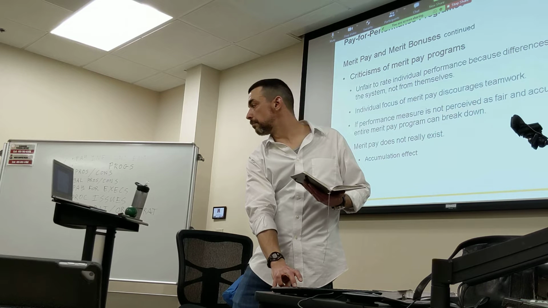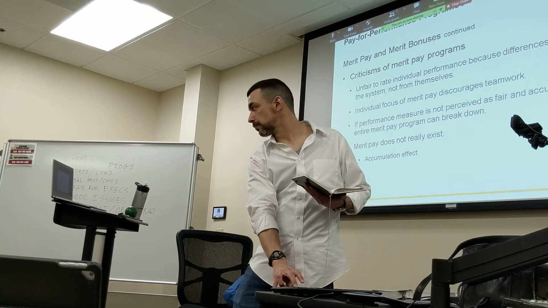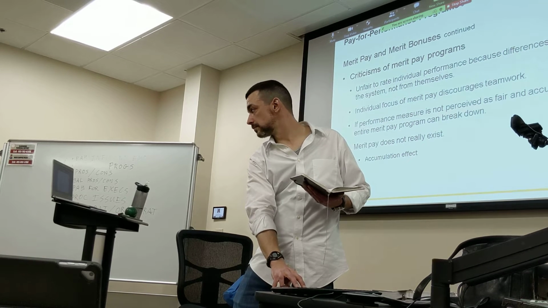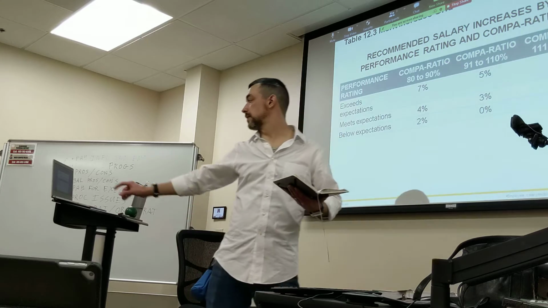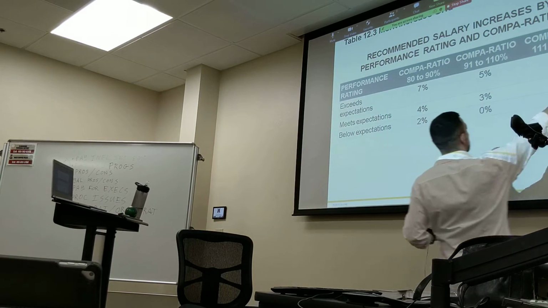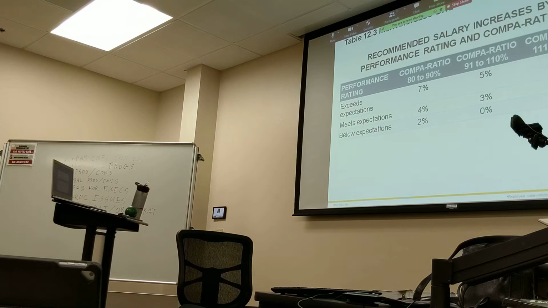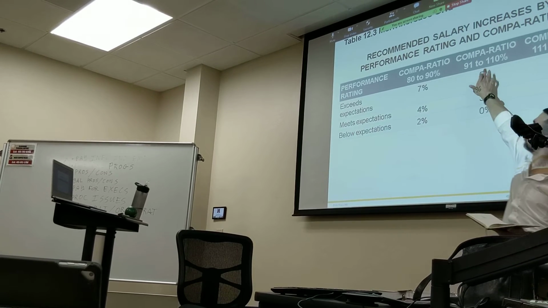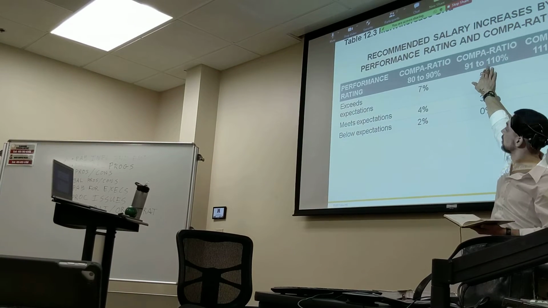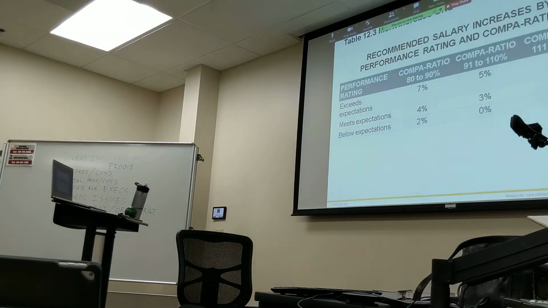Tell me a little bit about merit bonuses. We've been talking about merit pay. So what if you are this guy, Mr. or Mrs. exceeds expectations, and this is telling us the 111 to 120 that they're already in the higher end of the pay bracket in exceeds expectations, right? 100 would be right in the middle, right with the market, and then you could either make below that or above that. If you're this guy or gal that's already getting paid a lot, and you exceeded expectations and you got 3%,